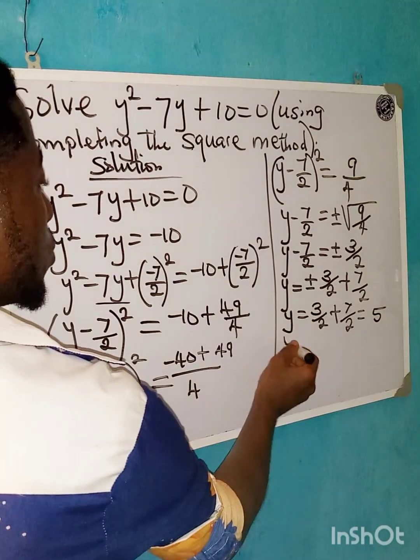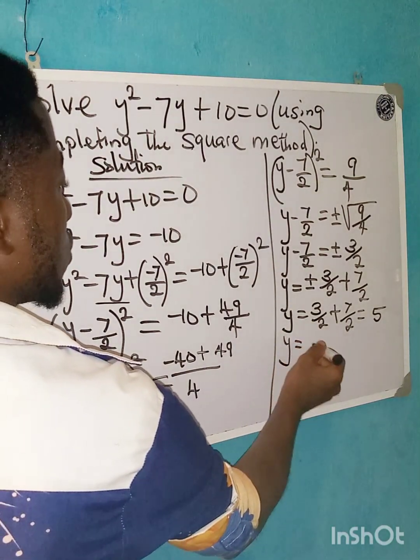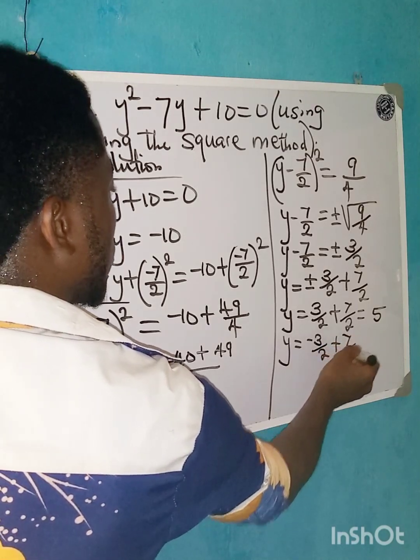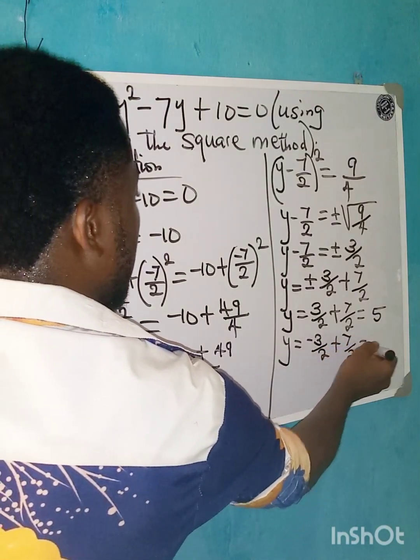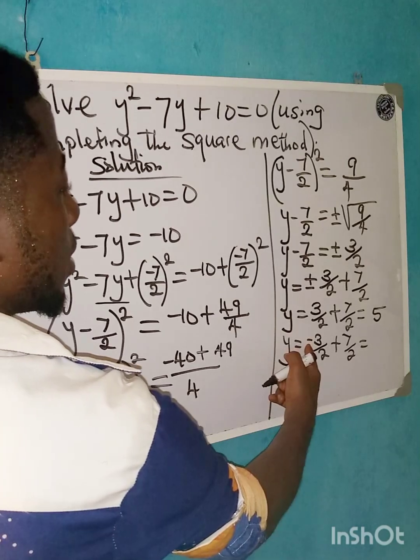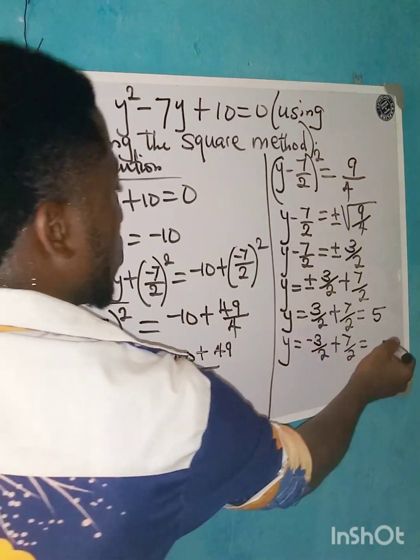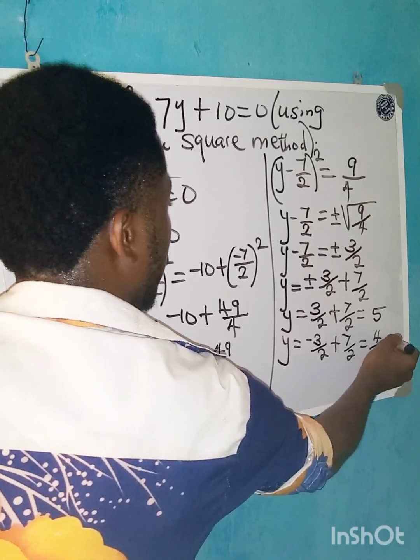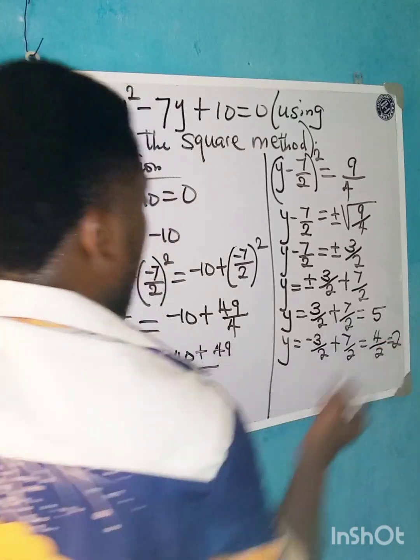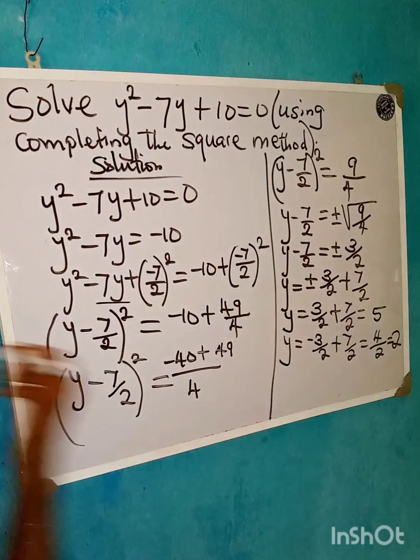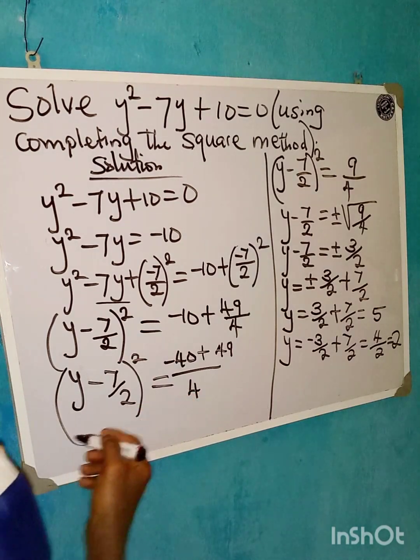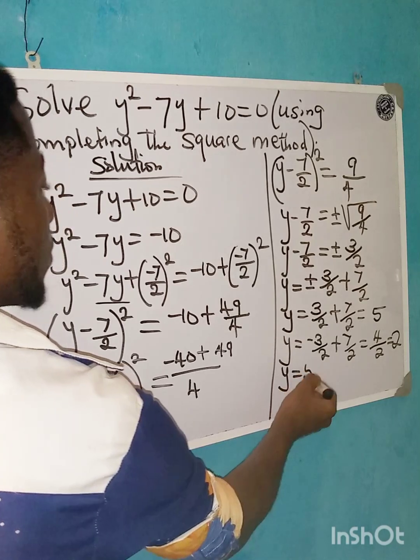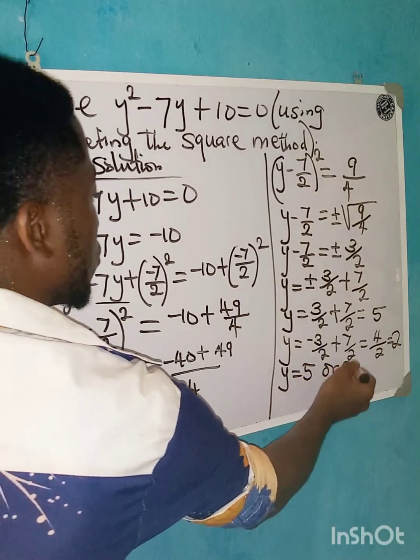And then if we want to use the negative now, it will be minus 3 over 2 plus 7 over 2. And this is going to be minus 3 plus 7 will give us 4. So it will be 4 over 2, and 4 over 2 is the same thing as 2. So therefore, we can say that y is equal to 5 or 2